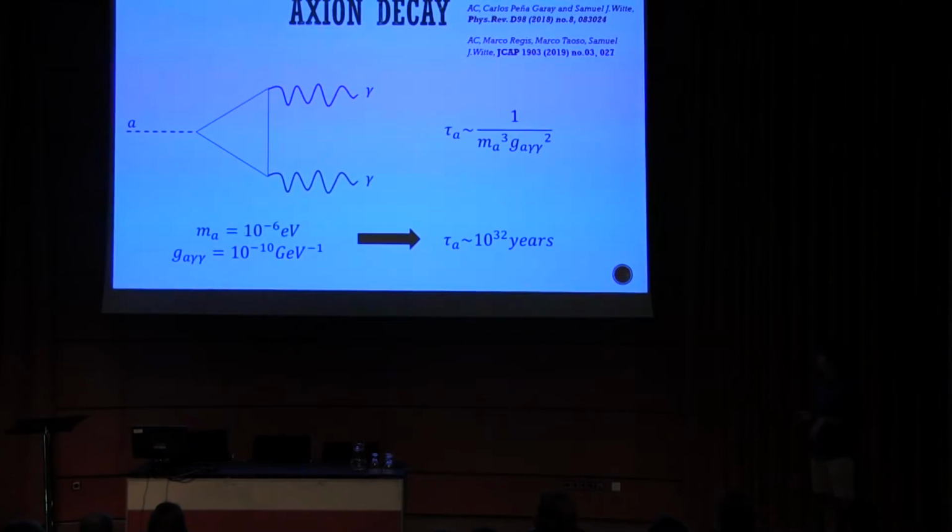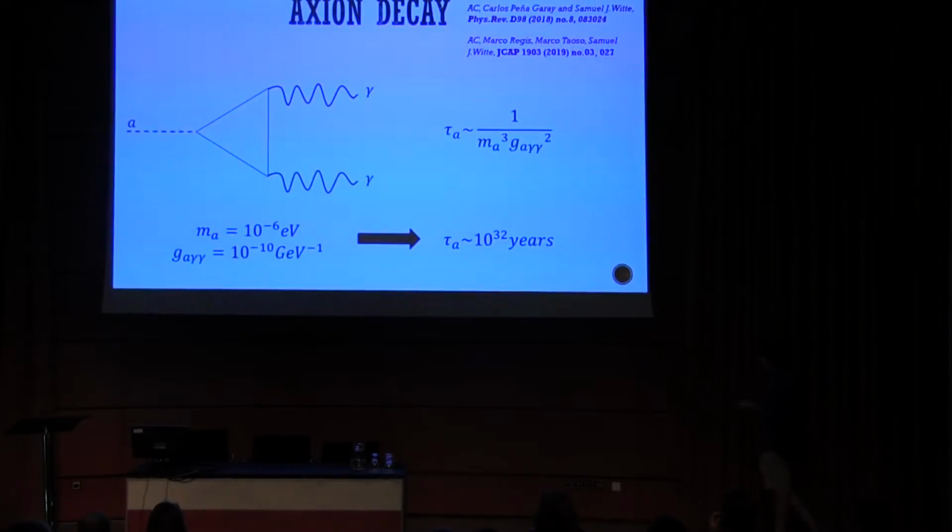The first idea is very simple. You have your axion, and through the anomalous diagram it will decay into two photons. Each of the photons will have an energy that is just half the mass of the axion, because this is a two-body decay. So the observation will be very clear: you will be looking for a photon at a given frequency, once you fix the mass of the axion.